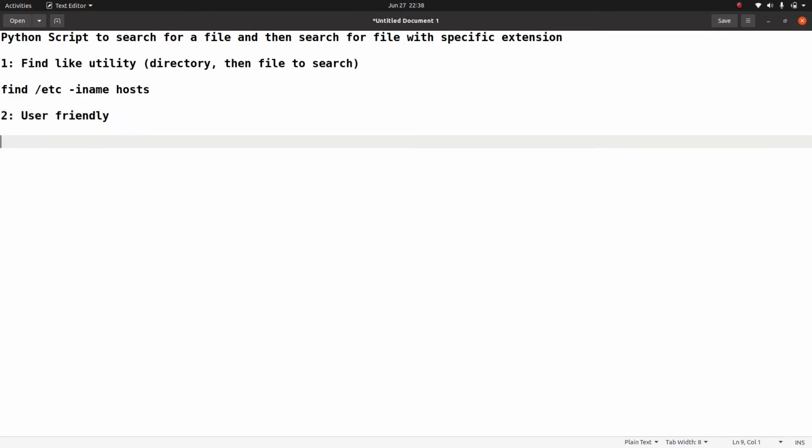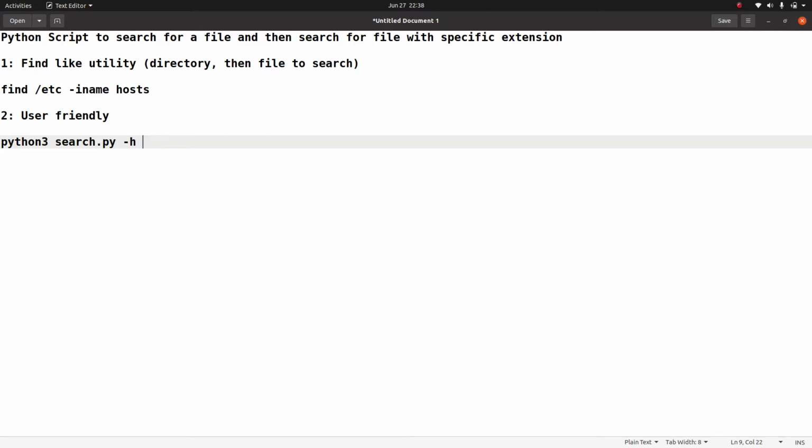What I mean is that generally you run your Python script as python3, and if the script name is search.py, we run it like this. But I want to supply some options to our user, for example the help option.